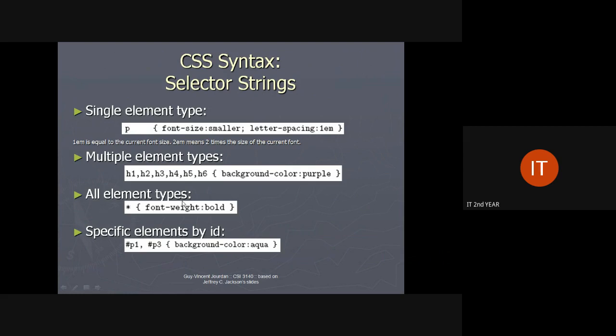For all the elements in the particular HTML content, we have to give star. And if you want to specify a particular element, we provide the ID with the hash symbol, like hash P1 and hash P3.